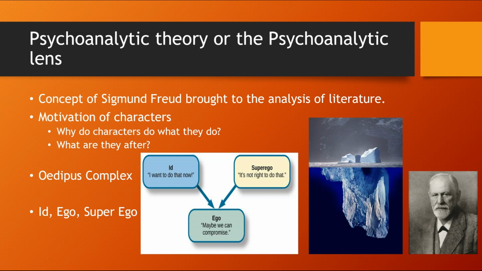That there are things within us, but particularly things within a character, that we may be able to see right away. But as we dive deeper, we might see what motivates them. We might see their behaviors. We might see what lies underneath, right? What do they say? Something like only 10% of the iceberg is visible above the water. Well, what are those things that lie within a character's subconscious that develop and those forces that shape a character? That would be uncovered, that analysis, that literary criticism, that meaning would be pulled out if we were looking at a book through the psychoanalytic lens.